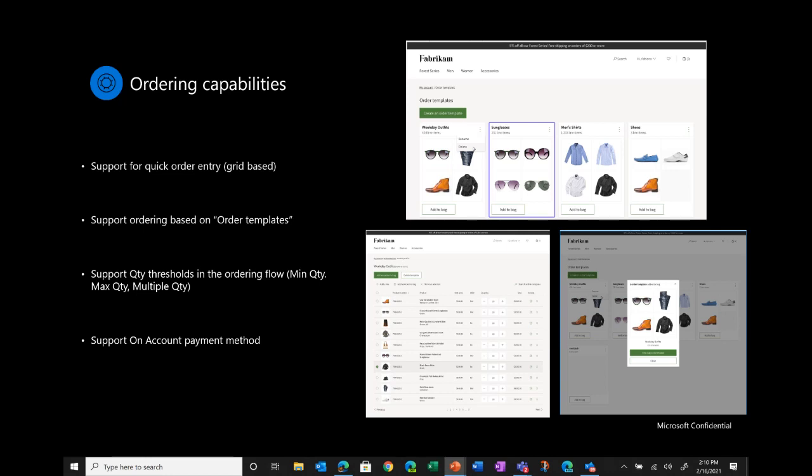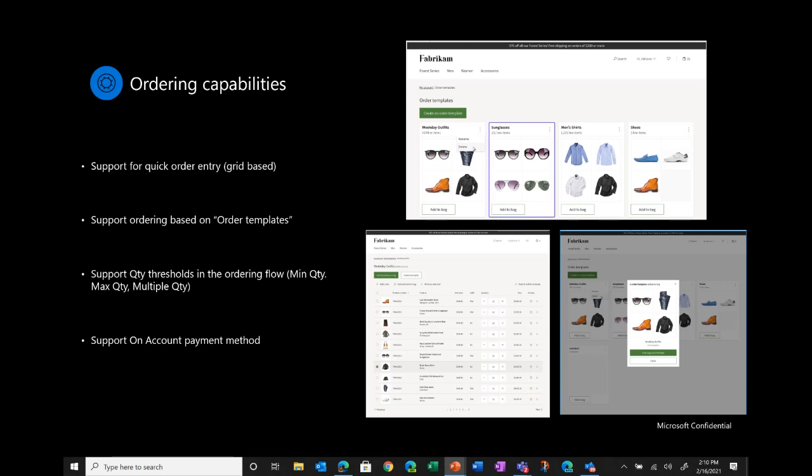So as much as that B2C experience is very user friendly, the B2C experience of navigating, searching, browsing for a product, landing on the PDP page, adding the products to the cart and then checkout. As much as that B2C experience is very user friendly and it's wanted by B2B users, in certain scenarios when you are placing large orders with large number of lines on it, probably that experience may not be very productive.